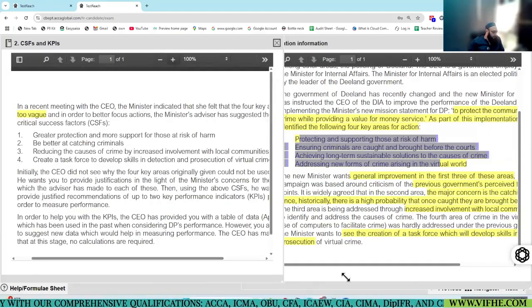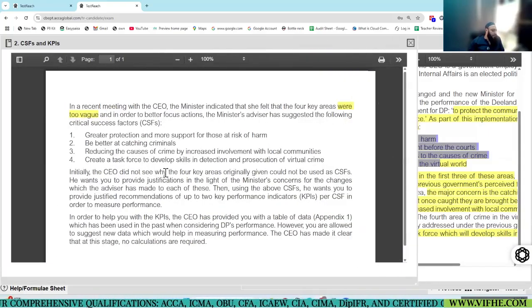Initially, the CEO did not see why the 4 areas originally given could not be used as CSF, the one he suggested. He came to you. He wants you to provide justifications in the light of the minister's concern for the changes which the advisor has made to each of these.